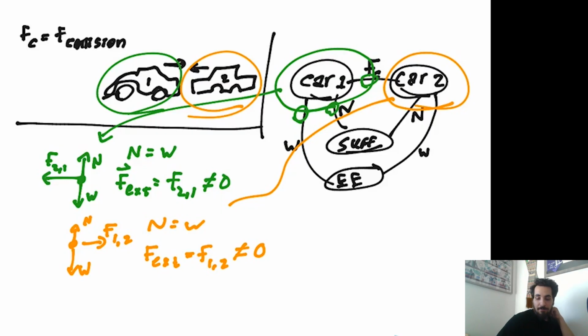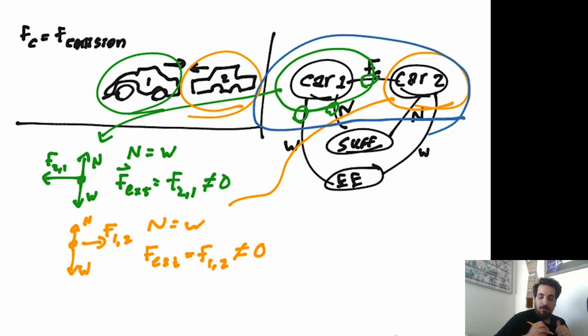But if we make a clever decision to consider the system to be both cars in total, and you can always define a system to be multiple objects. I could include the surface here in our interaction as well if I wanted to, but I'm going to leave it at just car 1 and car 2. If I take car 1 and car 2 as the system, the environment is everything outside the blue bubble, that is the surface and the entire Earth, and our system is everything in our bubble.